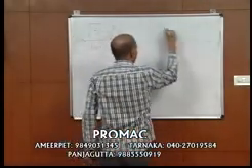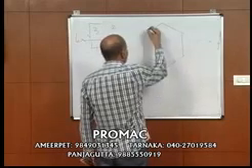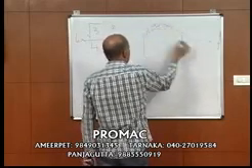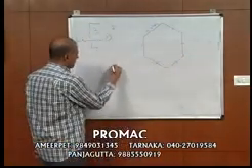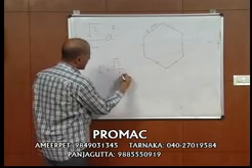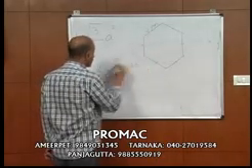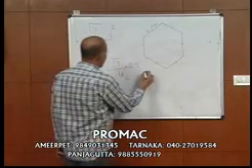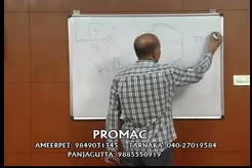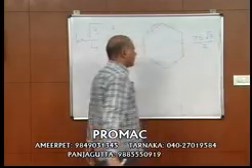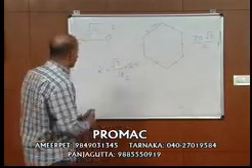So if I ask you, what is the area of a regular hexagon with each side 5 centimeters? 6 multiplied with root 3 divided by 4 multiplied with A square, where A, which is the side, is 5. 5 into 5, 25. So it will be 25 into 3, 75, root 3 divided by 2, or 37.5 into root 3. I hope you have understood.